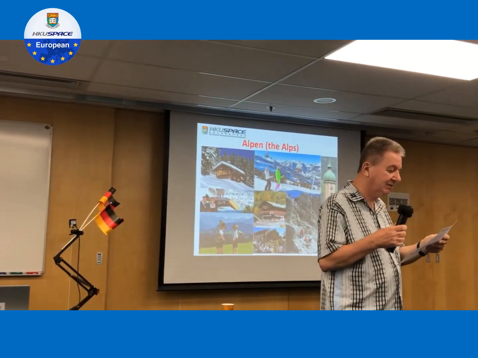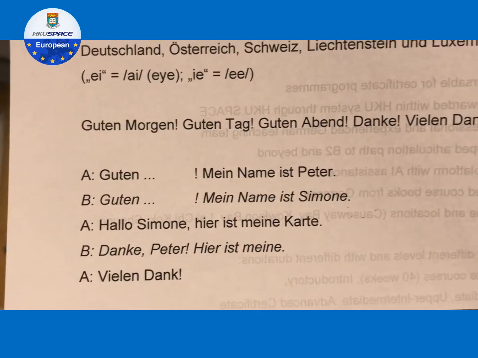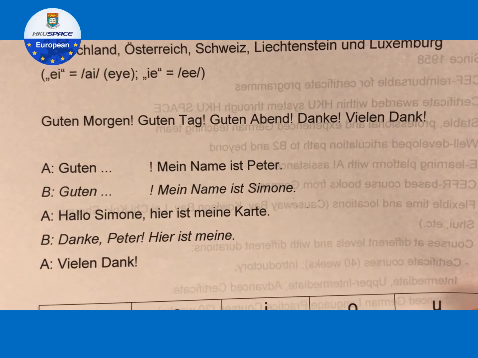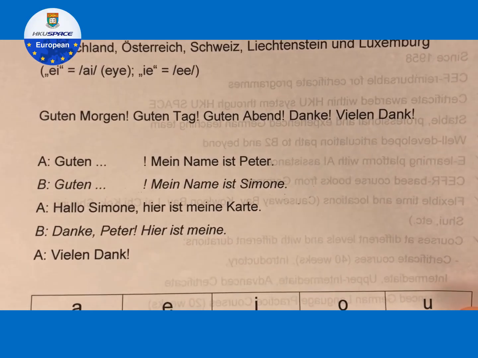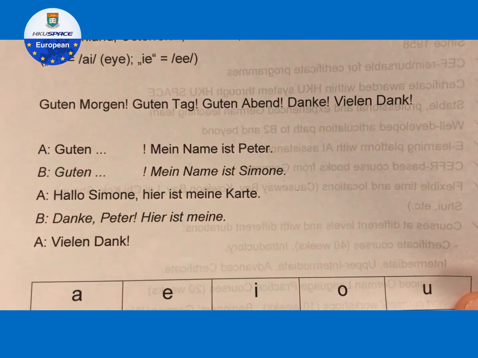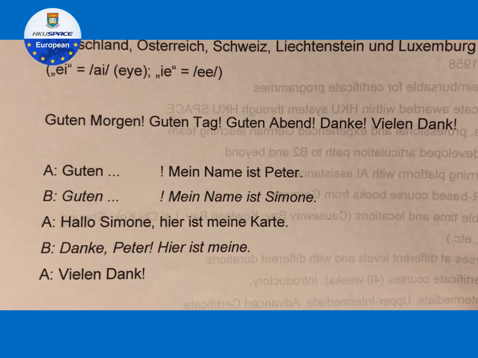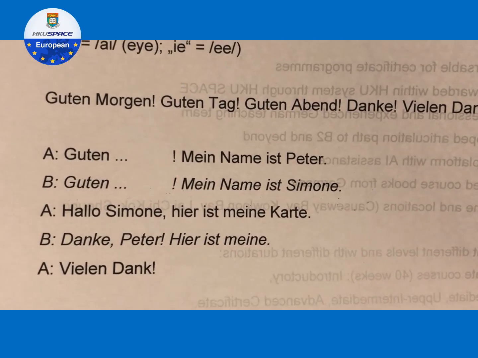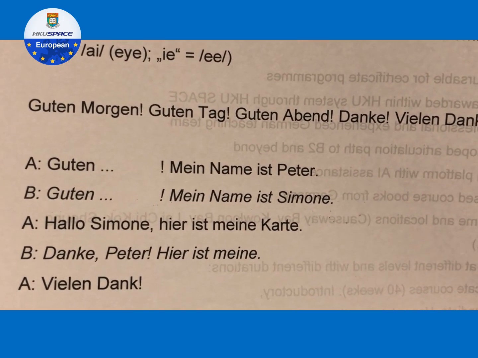Okay, so let's read first together. Guten Morgen. And another greeting, do you remember? Guten Tag. Guten Tag. Okay, and then we can also say Guten Abend. Guten Abend. Okay, and then you introduce yourself. You say, Mein Name ist. And for the ist, we take care that we hear the T at the end. Mein Name ist.